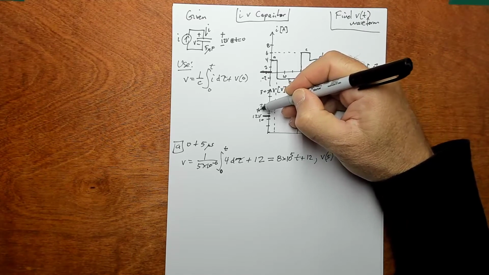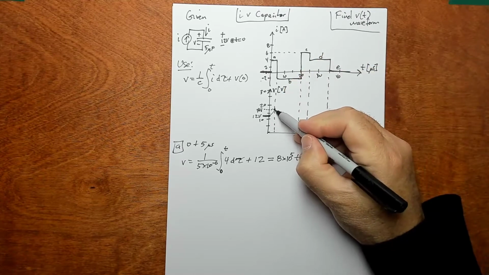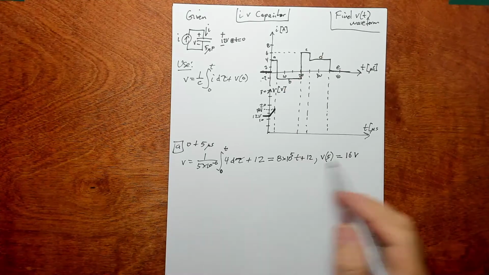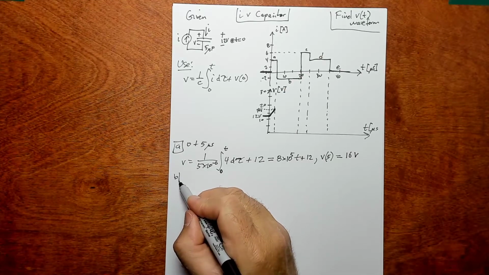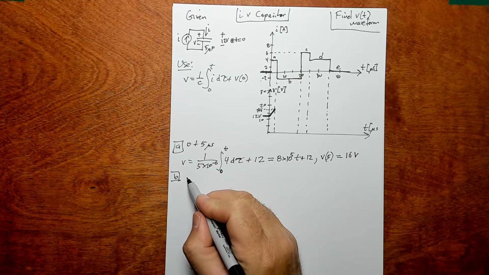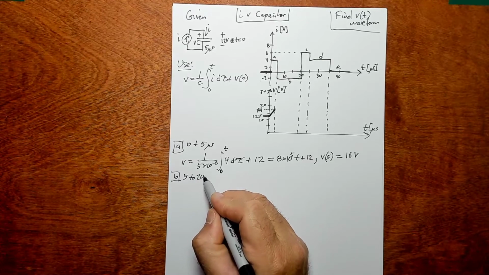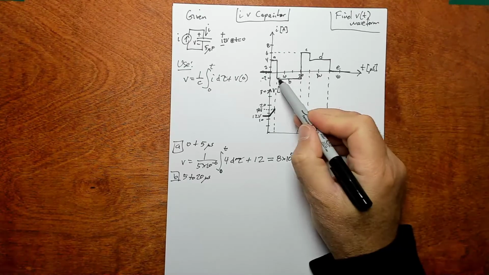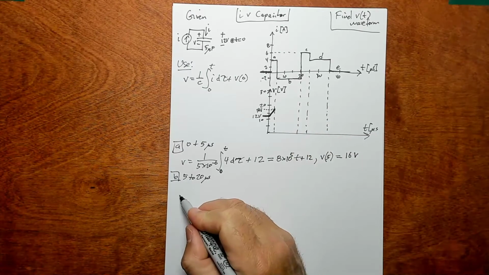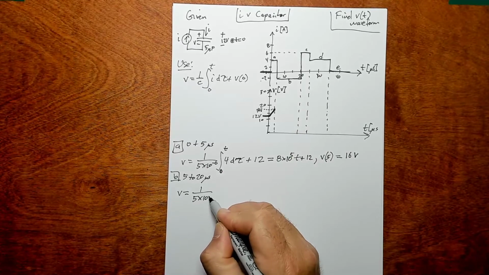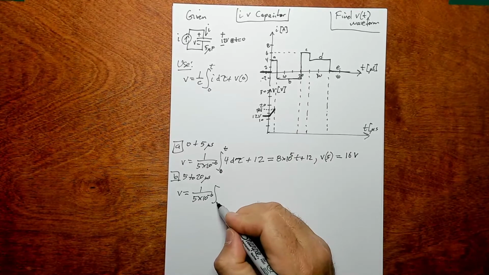It's 16 volts. So our first segment goes up like that. Okay, and we just got to do that 5 more times. So B, the interval is 5 to 20 microseconds, this section in here. And our voltage is given by our formula here, where now we're integrating from